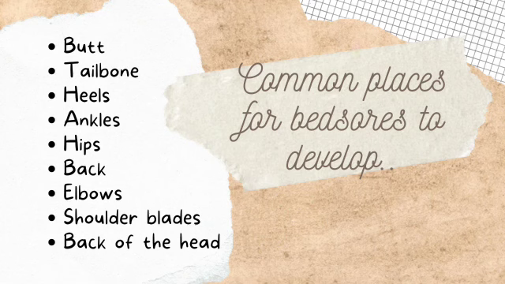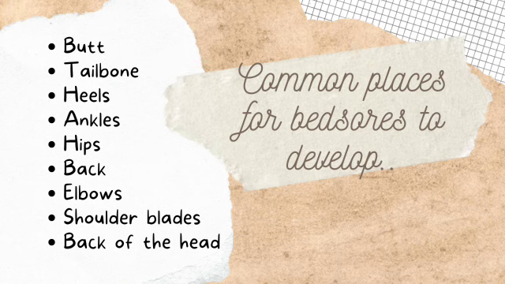Pressure ulcers form mainly on any skin that covers bony areas of the body. The common places for bed sores to develop include butt, tailbone, heels, ankles, hips, back, elbows, shoulder blades, and back